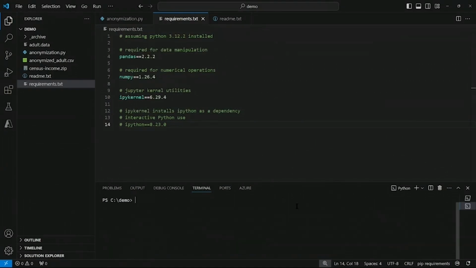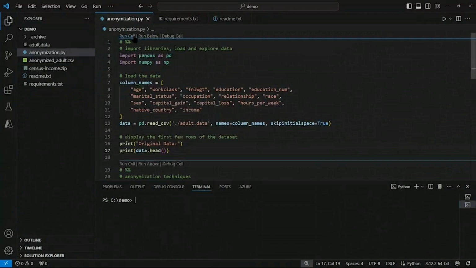So let's select anonymization.py, and we'll run the individual cells. Okay, so the libraries that allow us to do this are the IPY kernel and the IPython libraries. And we don't have to reference them in the code. We specify a cell by the character sequence #%%. And with that, it's recognized as a cell, just like as if we were in a Jupyter notebook.